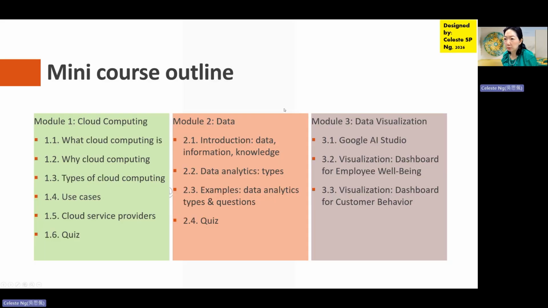So this is the mini course outline, 3 modules. The first module is on cloud computing. Here I will describe what cloud computing is, why organizations deploy or adopt cloud computing technologies. And then in 1.3, I will describe the types of cloud computing. And this has been categorized based on cloud deployment method and cloud service model. And then in module 1.4,